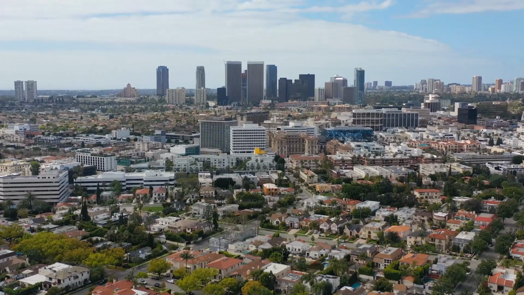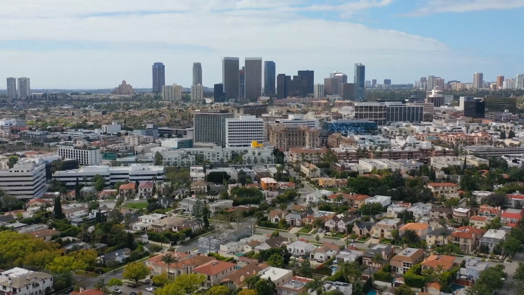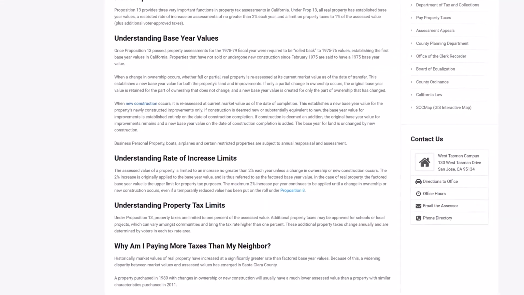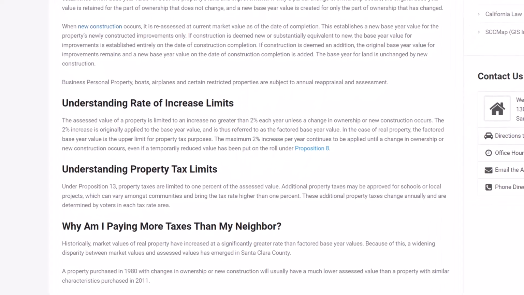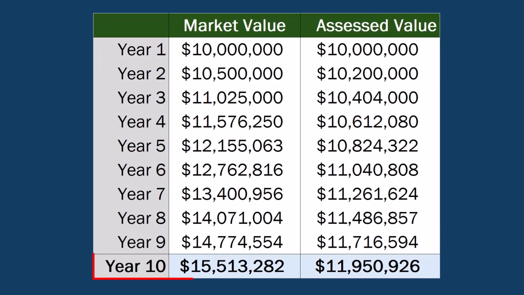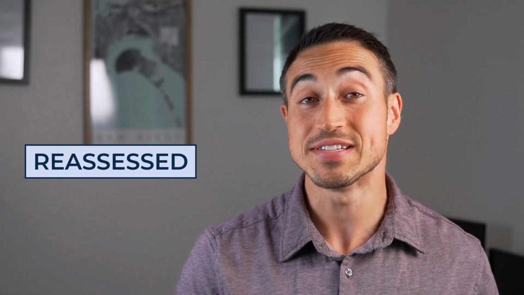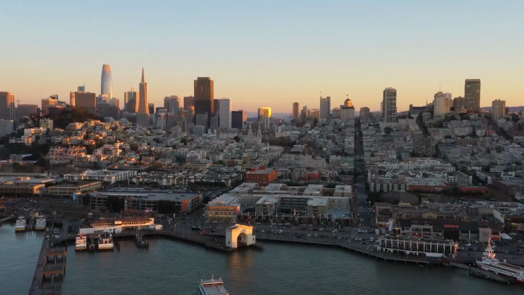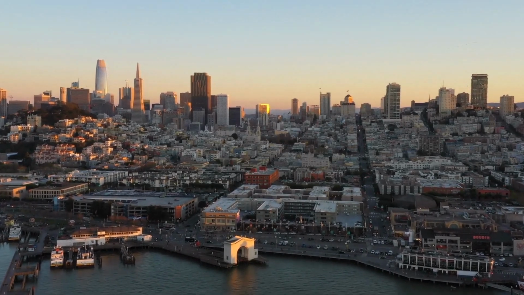In California, for example, there's a limit on assessed value increases of just 2% per year if a property isn't sold, which means that even if the market value of the property increased by something like 5% per year over a 10-year period, the annual assessed value increases for tax purposes would still only max out at just 2%. However, as soon as the investor decides to sell, the property would then be reassessed at current market values, which means that property taxes for a buyer can be significantly different than what property taxes have been for a seller within the state of California.